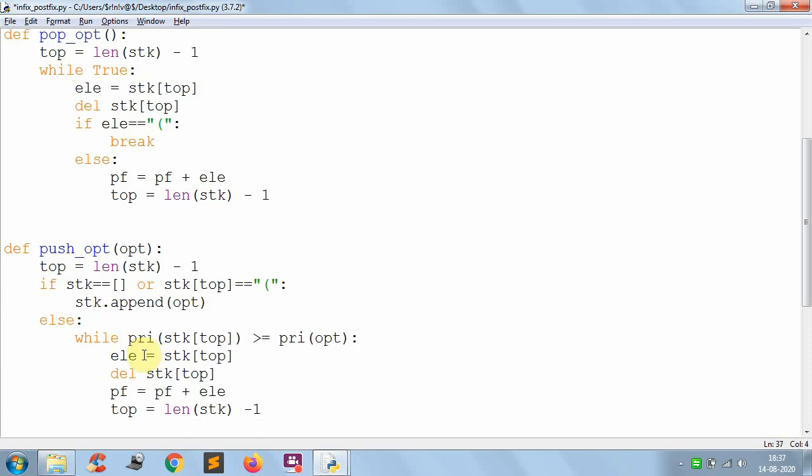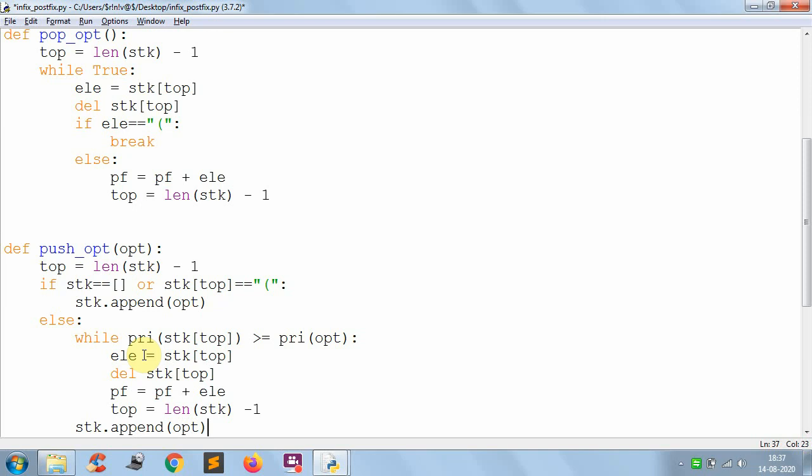At some point of time that condition becomes false. When will this condition become false? If the stack is empty, or second option, if the input operator priority is greater than the stack operator. In this case stop this process and write stack dot append of operator.